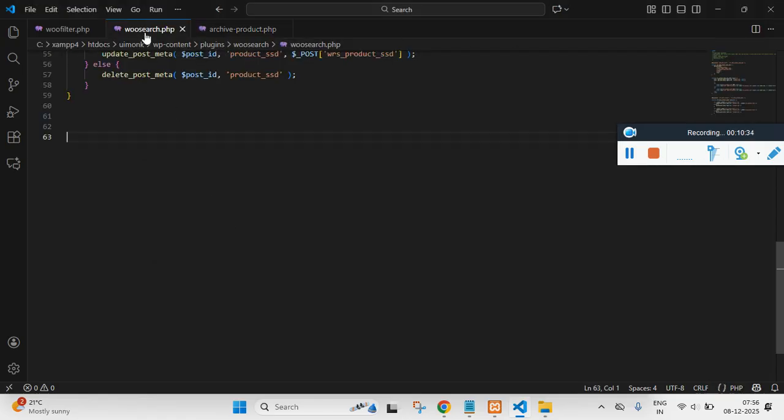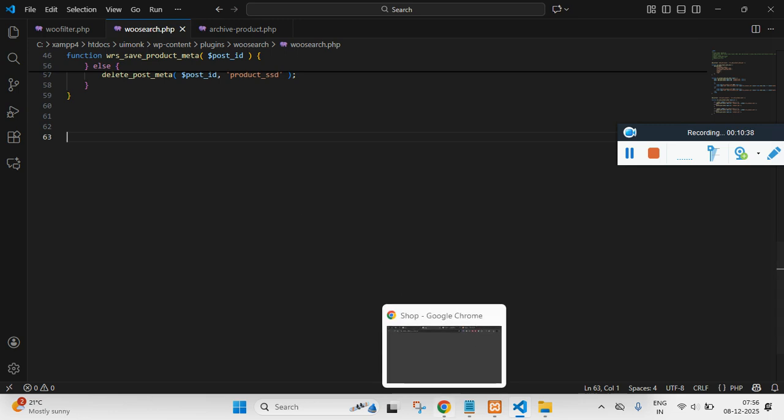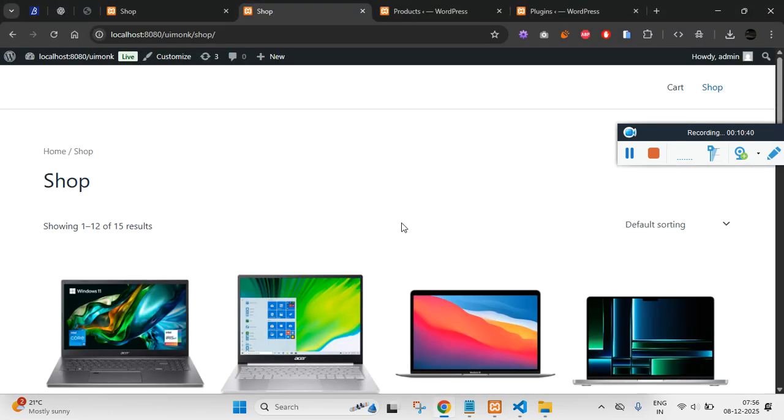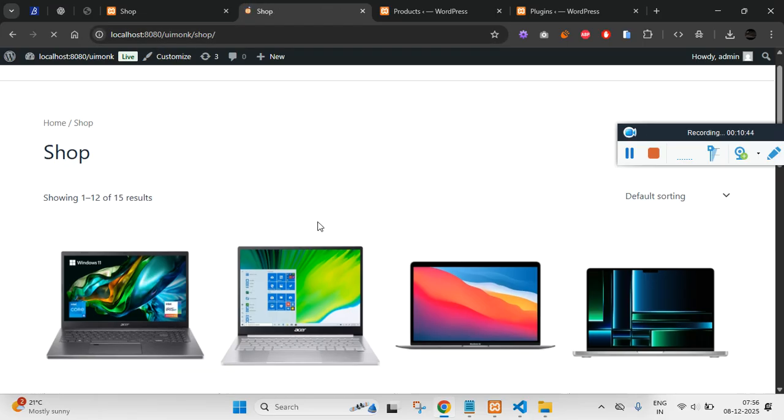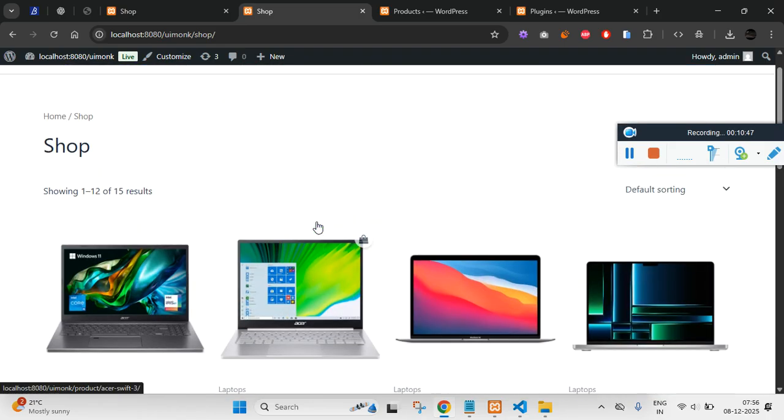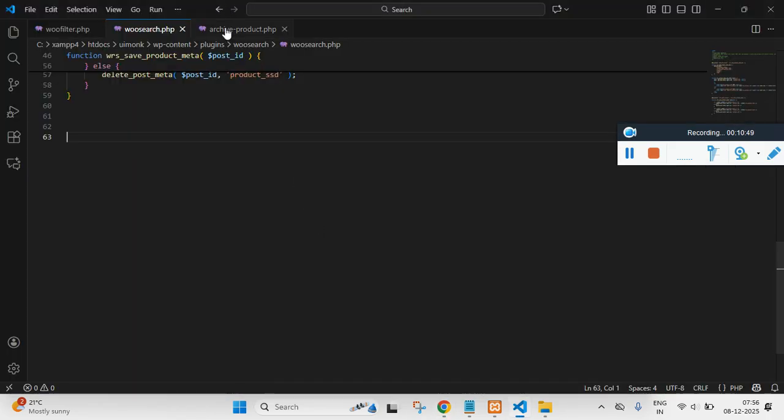And I want WordPress to know that when my current plugin is active, whenever people click on shop, don't show the old WooCommerce shop page, instead show my archive product. We can say it with the help of a hook, and that hook